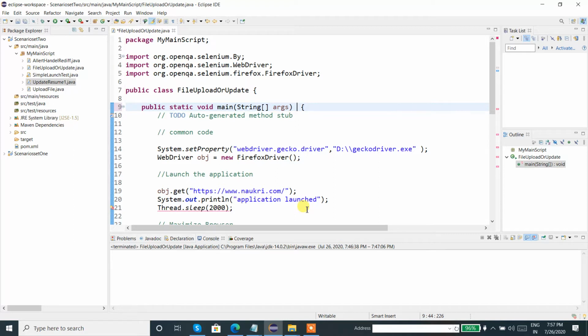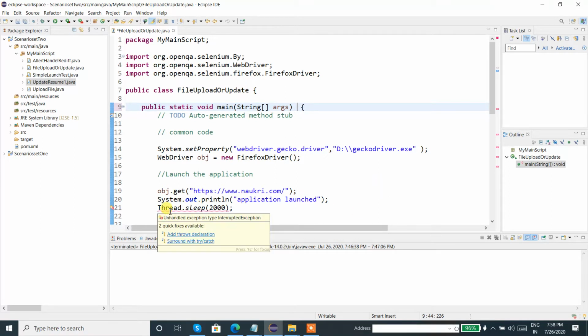So when we are using the thread, we are using a method of the Thread class over here. So that means it will give an exception. To handle that exception, we need to throw that exception. That is what it is saying.